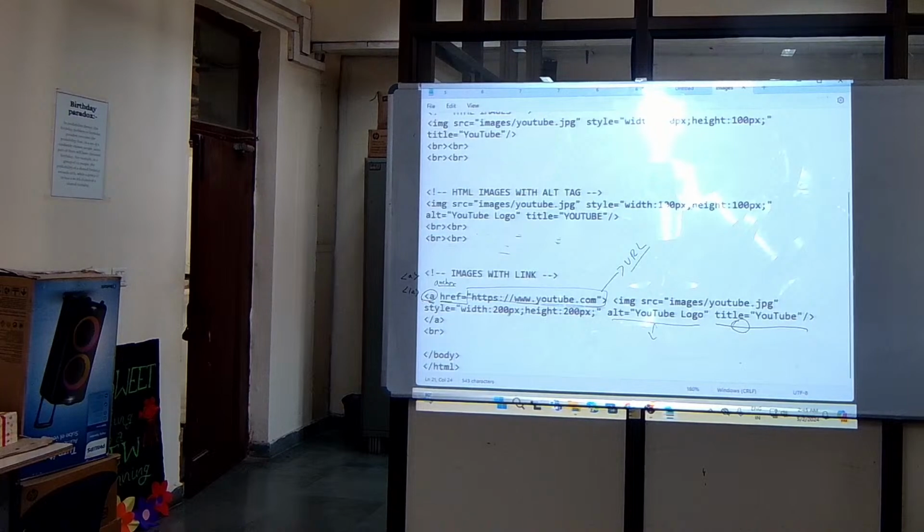So here you can find a href anchor tag. Within that I am using an image source, and then the attributes, the size of the image, and the alternative tag, and then the title. So if I load this,